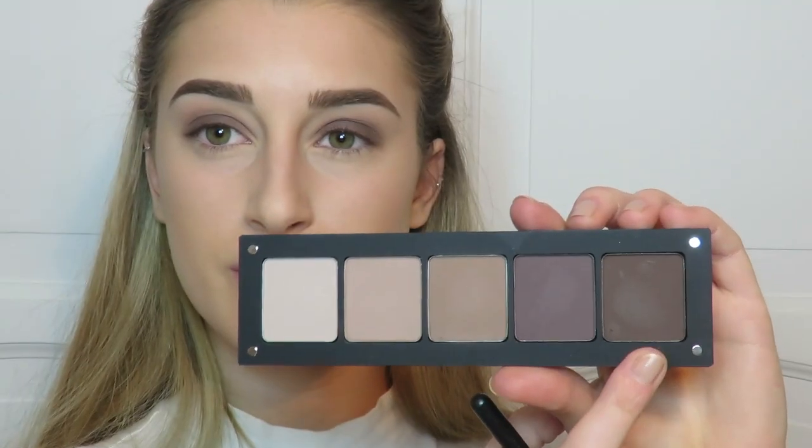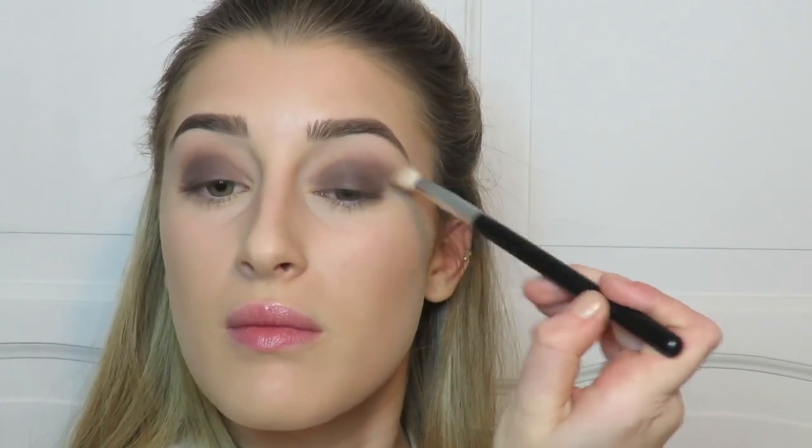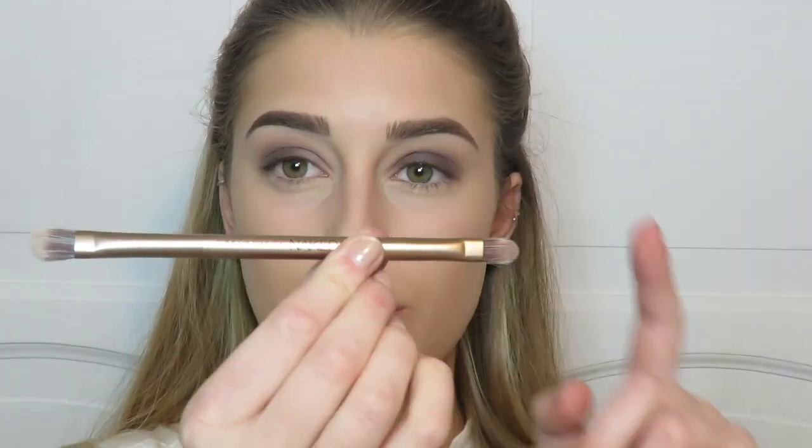smoky. So now we're taking the darkest shade and we're going even darker, so we're patting it onto the eyelid and then we're blending it through the crease. You want to keep it in your crease. If you don't have a crease, then make a crease, but you want to keep it in your crease. Don't take it any further up, because whilst you're blending it will go further up. It will do it on its own. You don't need to put the colour in that area above the crease, as it will do it on its